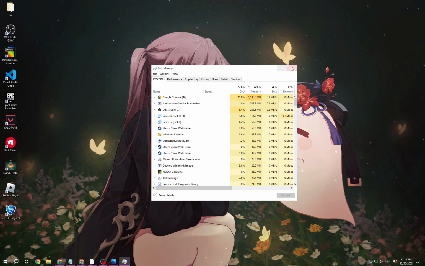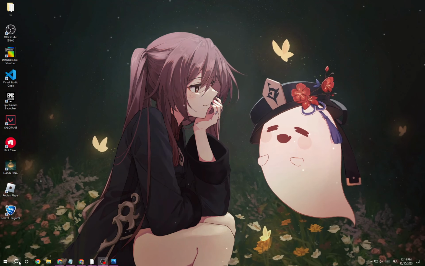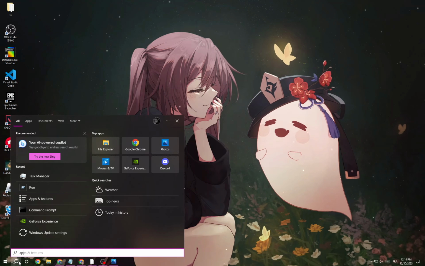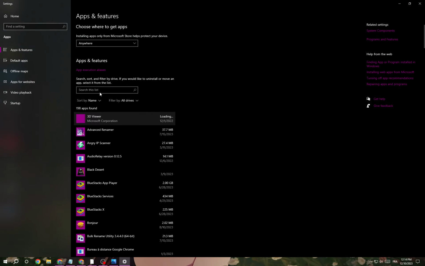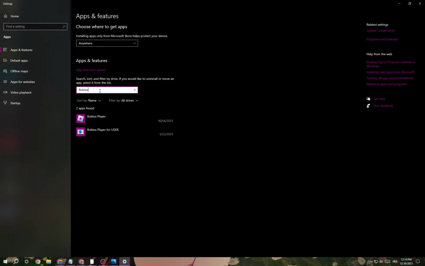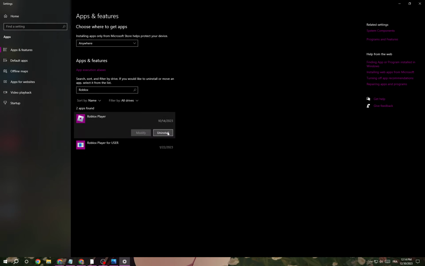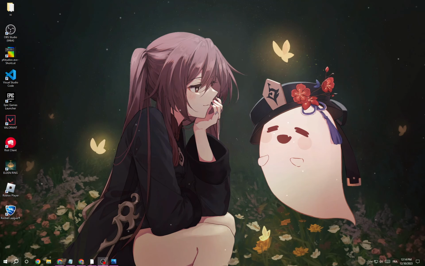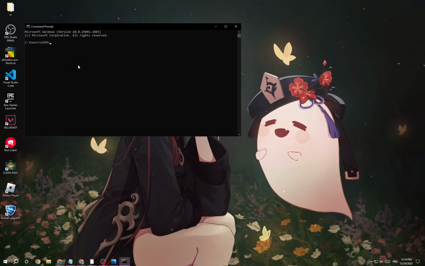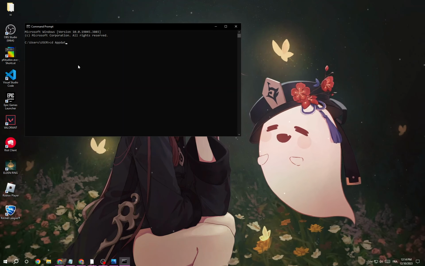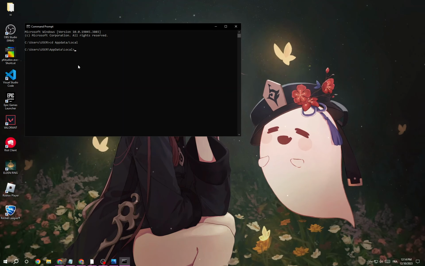And if that doesn't fix it, then just go back and then go to apps and features, and now type here Roblox, uninstall it. After that, go to command prompt, type cd app data /local, and then type